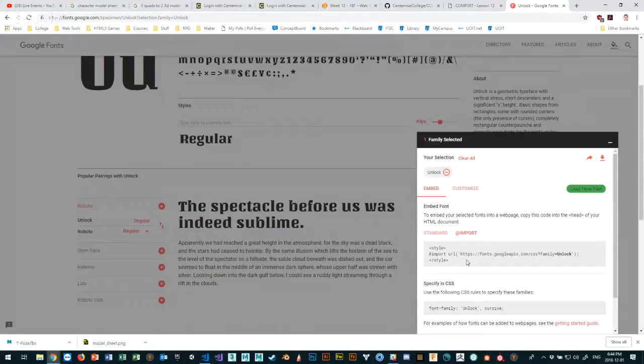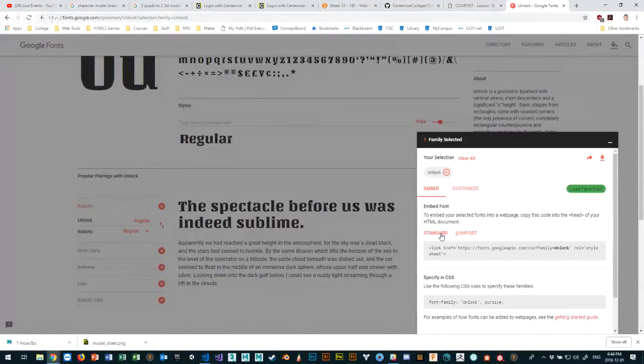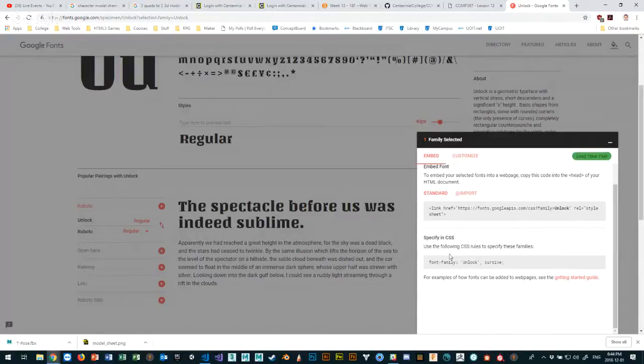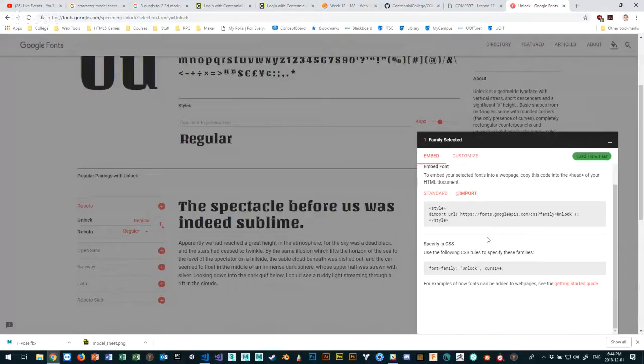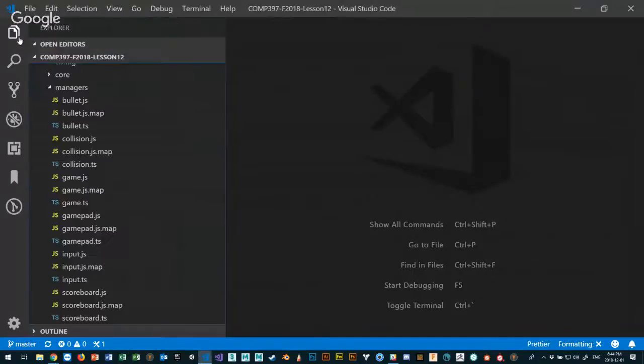So if you look here, there's two options. There's standard, which is a link to the font family, right? You can specify it in the CSS, which is the part you can do, or you can go to @import, and you can see that I can do this @import URL, right? And if you look at my CSS, let's take a look at that. So if I go to my current CSS, let's look at